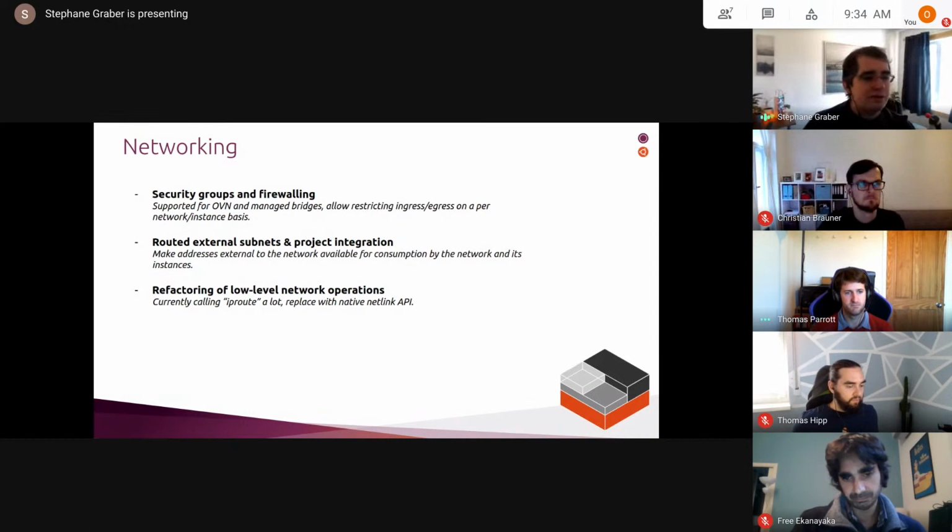The last bit we've got, we've not actually looked into doing it yet, but it's refactoring of how we do low-level network operations. Right now, we've got a lot of places where we will call ip route effectively. So call the IP command or other commands coming from it, like VLAN, and just let that command do the right thing with the kernel by having it interact with netlink. That's a lot of forking. That's a lot of potential issues because we're not sure that all Linux distributions have the same version of ip route and exactly how it behaves. We've been quite lucky so far, but our luck might run out eventually.